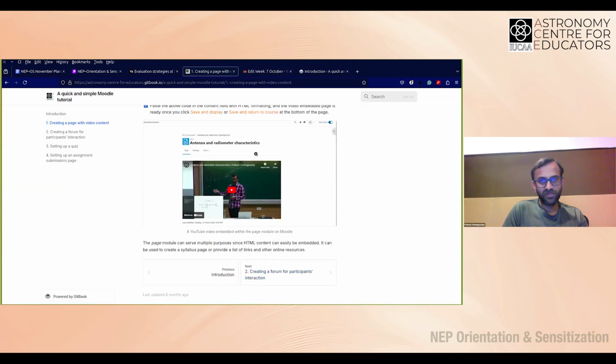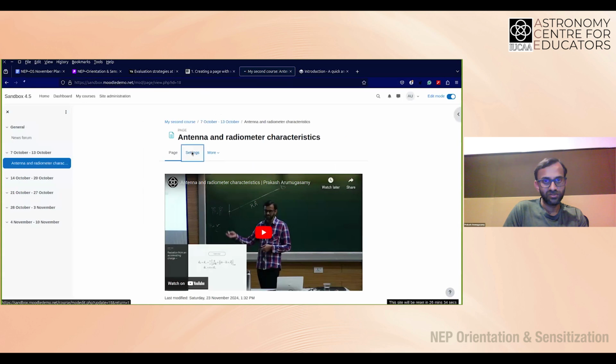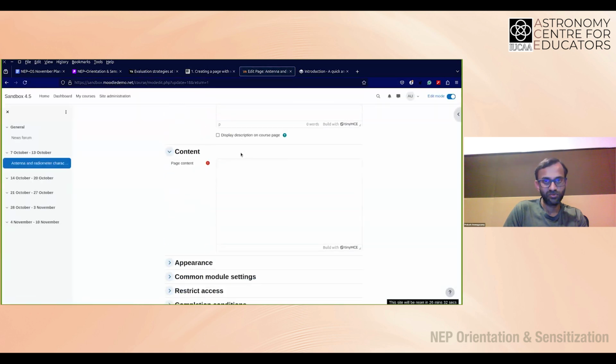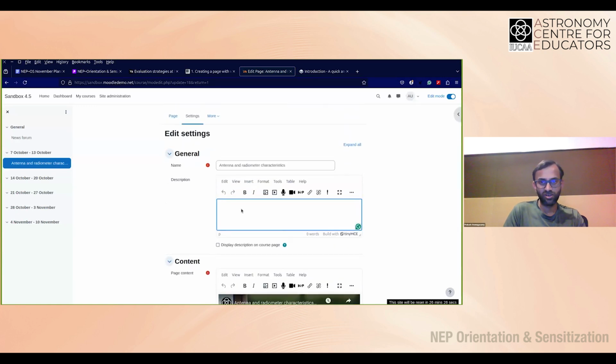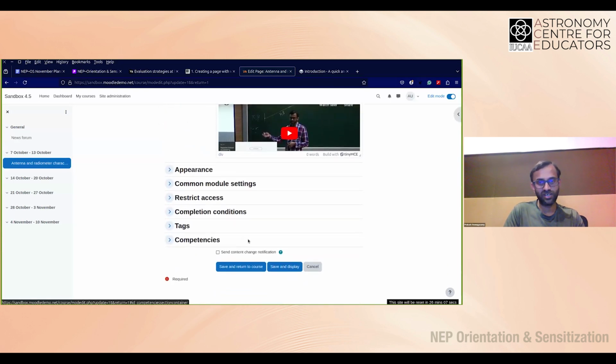Of course, depending on how much more information you want to put, you can directly modify this. You just go into the settings of the page again, anytime you want, and add any description in regular text format. It allows simply copy-pasting rich text format as well. That is, if you want bold, italics, or simple formatting that is allowed in rich text format, you can just copy and paste it. But of course, you can use HTML and get more creative as well. You can put in equations, whatever you want. Whatever is allowed on the web is pretty much allowed here.